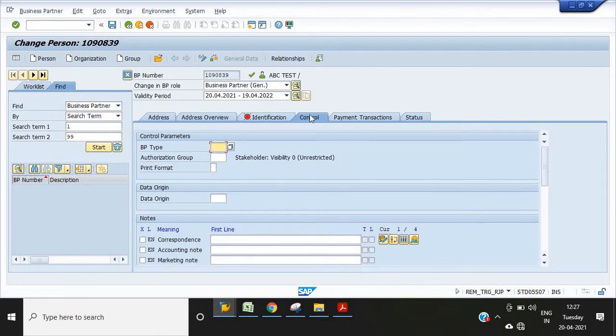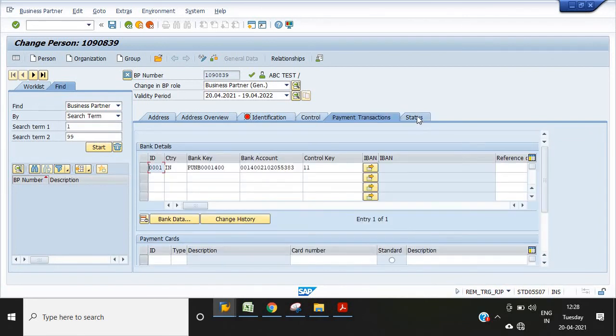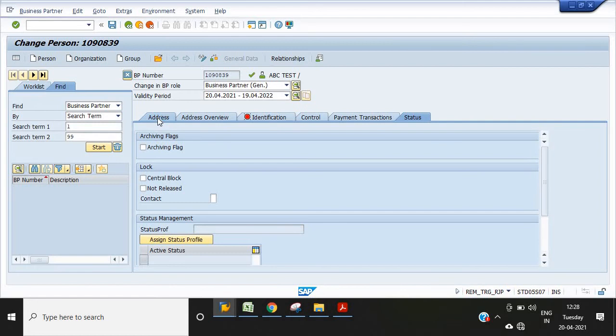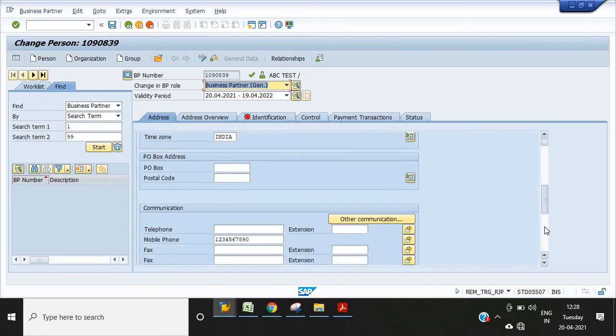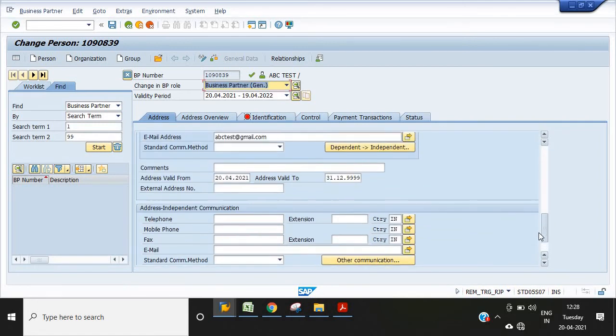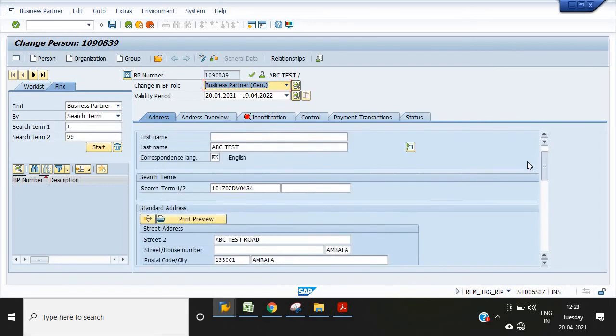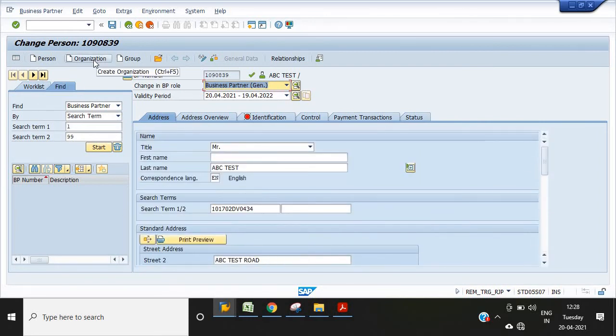These are the various fields you should maintain here, along with payment transaction status and the other communications. The data in these fields is already maintained by the FICO administrator.